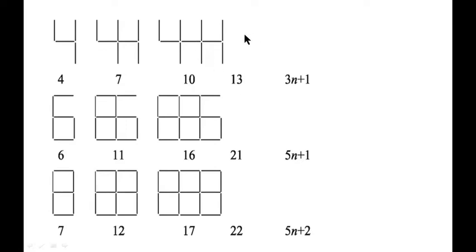There is an undrawn figure here. And in this figure we can see 6 sticks here, then 11 sticks here, then a total of 16 sticks, and it will be drawn here with 21 sticks similarly. And in the next line, the last line, we can see in the first one there are 7 sticks, and then 12 sticks, and then 17 sticks, and it will be 22 sticks.